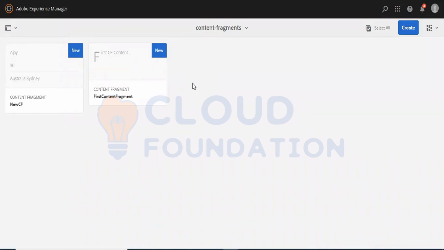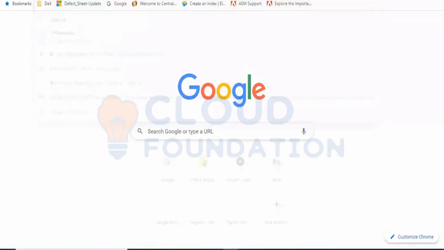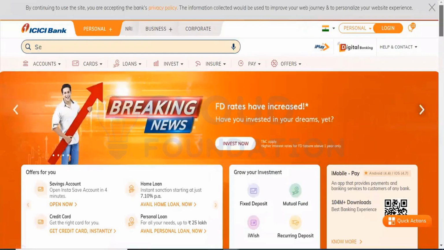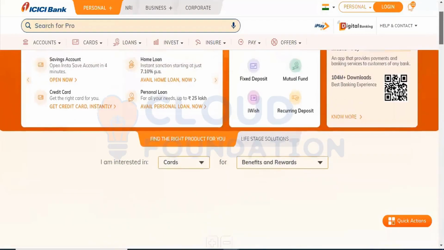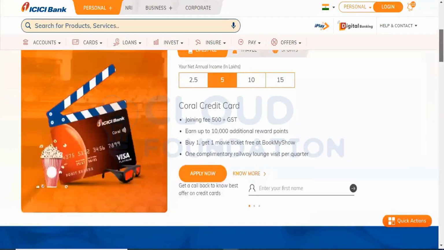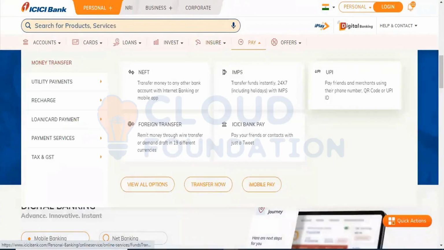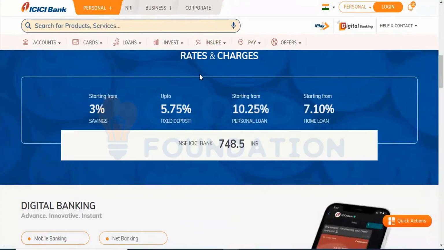Java. But since React or Java are not seamless, let me open this parallel, also open this ICICI website. Consider this ICICI Bank website is built on Java, but Java is not seamless. Now if you see, they have a lot of values, like a lot of interest rates. Like here, you can see these interest rates, and these interest rates keep on changing, maybe on a daily basis. But since this ICICI Bank website, or any banking website, is built on Java,